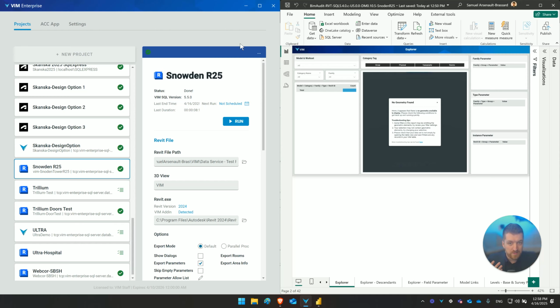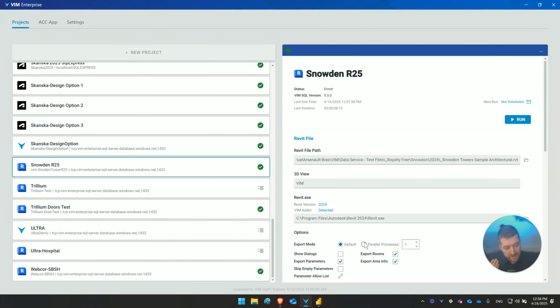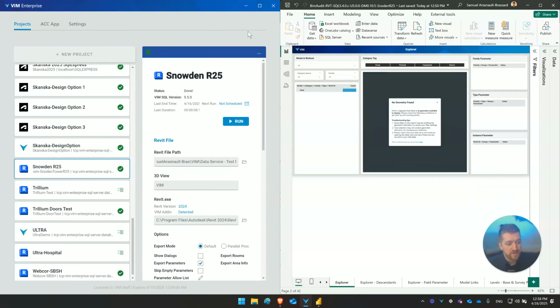Now, of course, the other one I already talked about is going to be the parallel process. So if you got a 20 gig model with 10, 20 files, well, parallel processing is going to make a huge difference. Just two things to keep in mind when you're doing the export and you're wondering about how long it takes